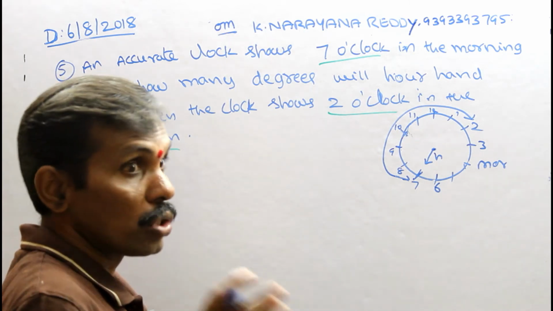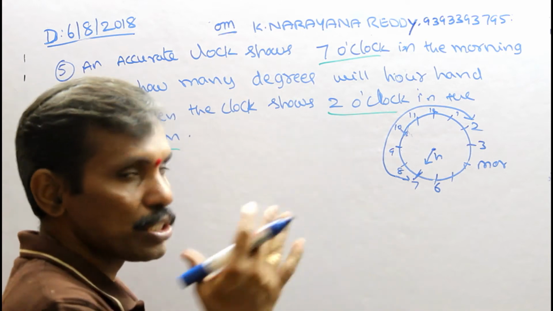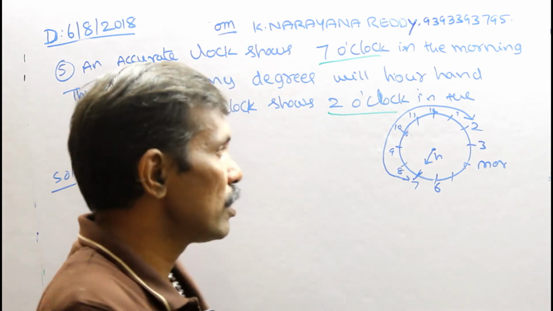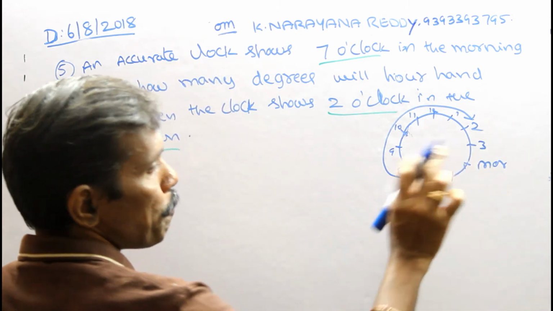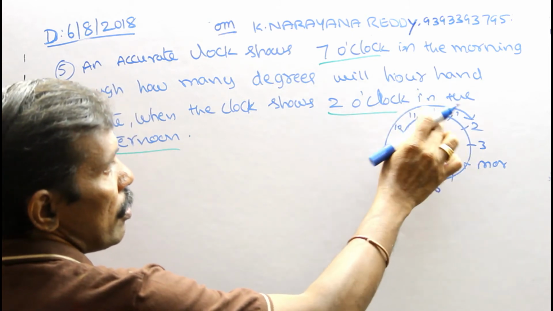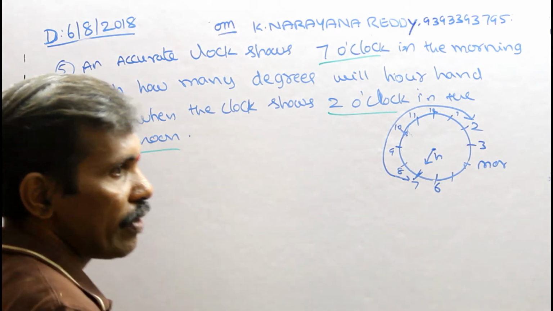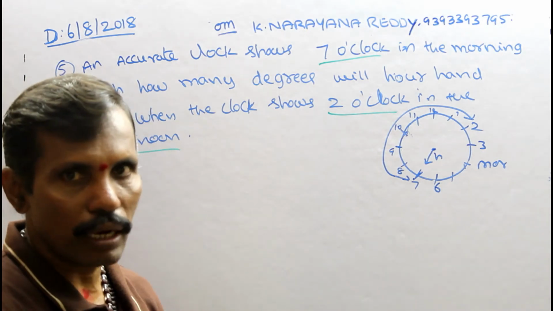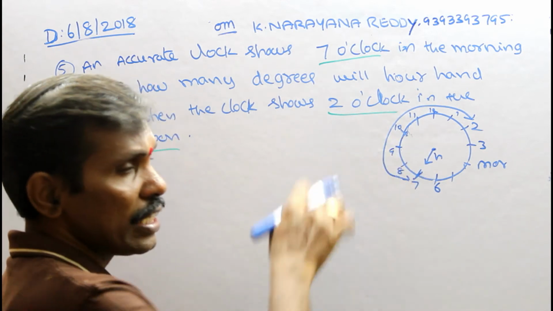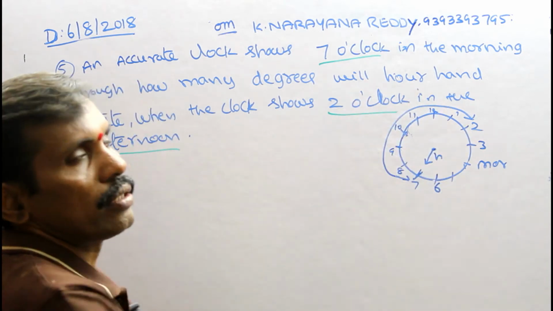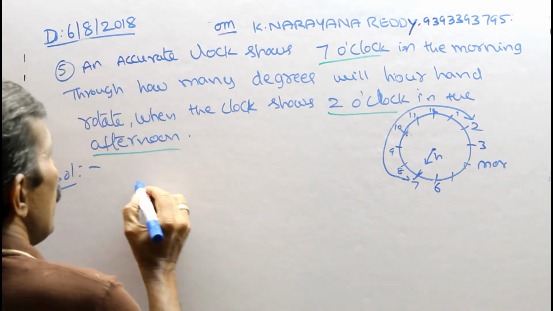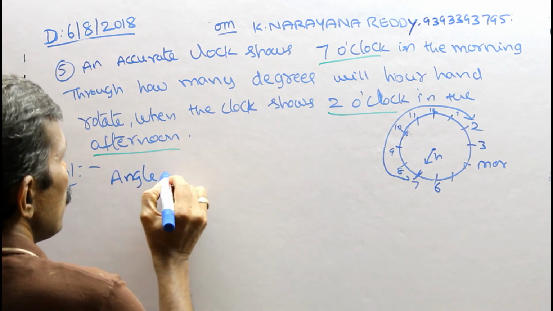You know there are a total of 60 spaces, 60 spaces for 360 degrees. One space is 6 degrees. So each 5 spaces contain 30 degrees. Here in total there are 7 gaps. 7 hours gap, because morning 7 to afternoon 2 means 7 hours. 7 hours means what? There are 30 degrees in each hour. So total 210 degrees. That's all. Okay, that you have to show in the problem. Yes, the angle traced by